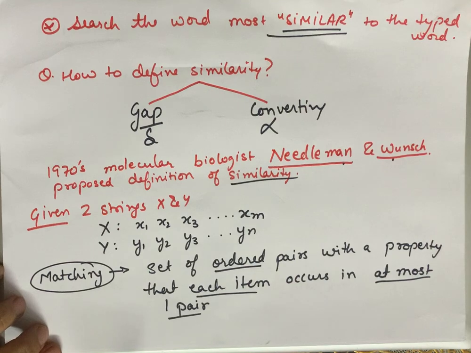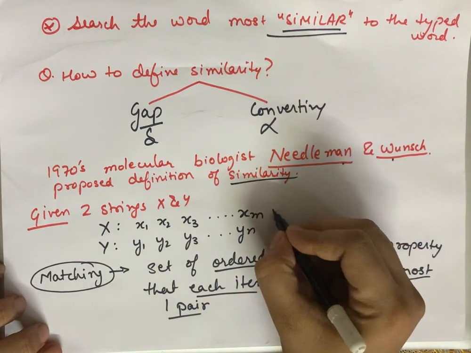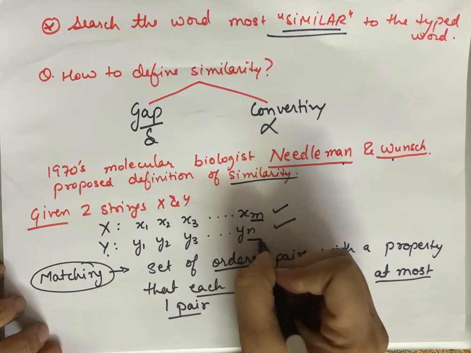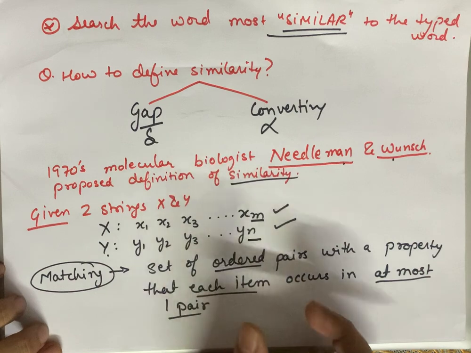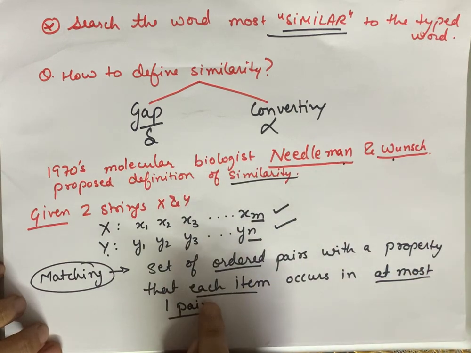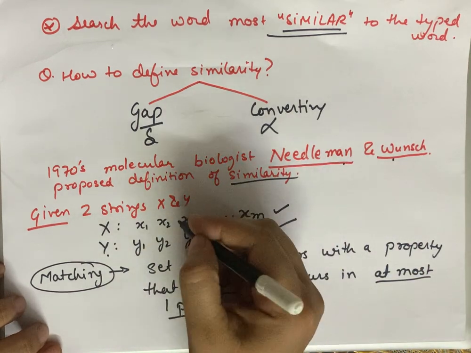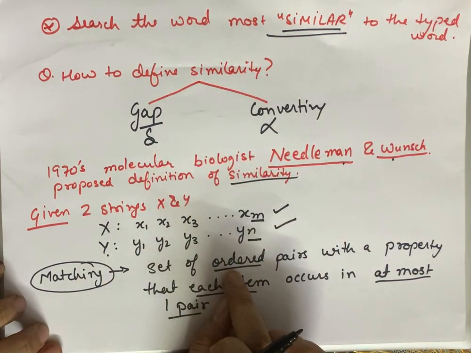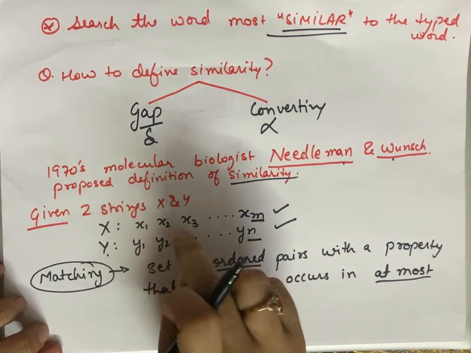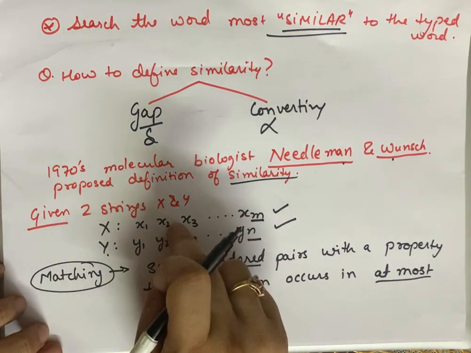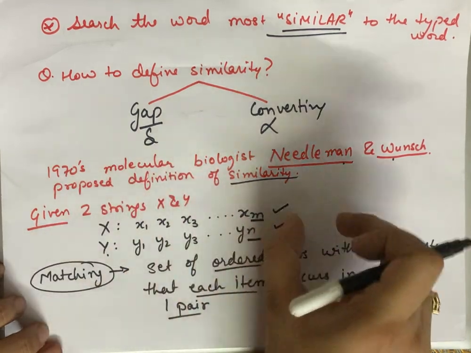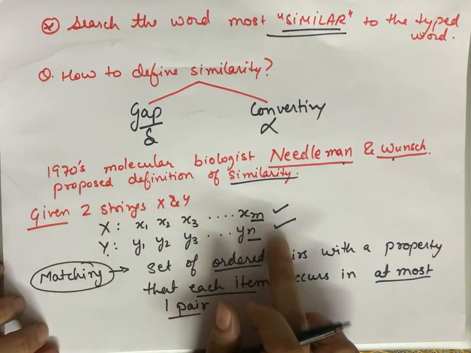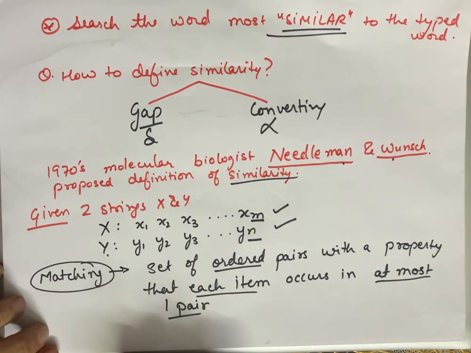So I am mentioning the same definition over here. For given two strings, where x and y are two strings of length m and n, I am looking for a set of ordered pairs with the property कि each item, pair मतलब x और y की pairing कर रहे हैं हम. I am looking for a set जिसमें x और y की ordered pair means x1 के बाद 2 आएगा, 2 के बाद 3 आएगा. ऐसा नहीं है कि x1 x2 पहले लिख दिया फिर x1 आ रहा है. So we will have a set of ordered pairs with the property कि each item from x और y can occur at most once in the matching.